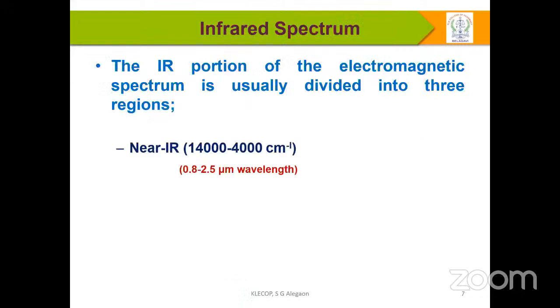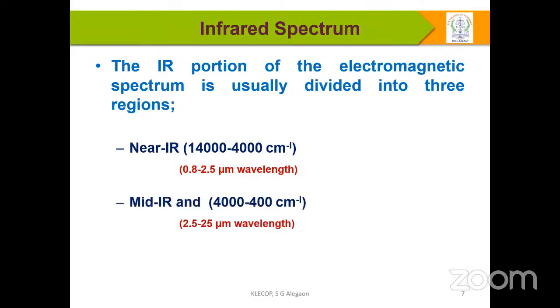Let us once again see how the infrared spectrum is divided into three parts. One is near IR, which starts at 14,000 to 4,000 reciprocal centimeter. The second one is mid IR, which is around 4,000 to 400 reciprocal centimeter. The third one is far IR, which is 400 to 10 reciprocal centimeter. But today's interest is in mid IR, that is, we are discussing 4,000 to 400